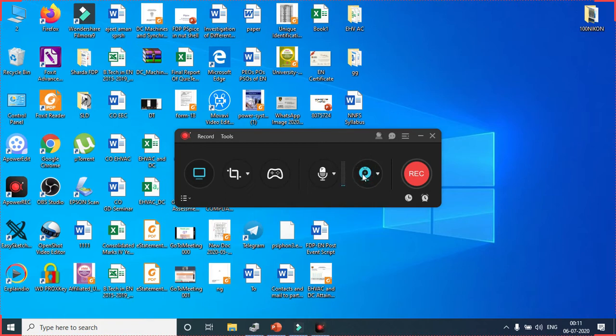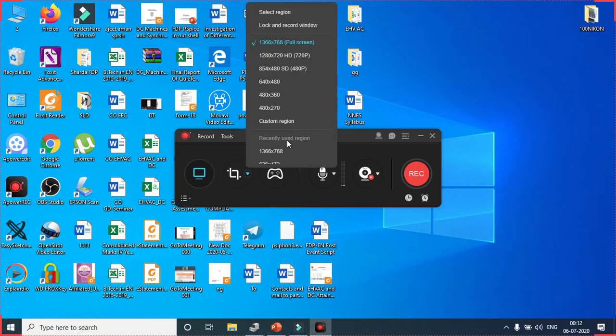Then after that, this one is for the game mode. If you want recording in game mode, then you will click on this. Then this feature is about the selection of region. If you want to select a particular region, then you will click on this, whether you want recording of full screen or in this resolution, 1280 by 720, HD quality in 720p, or any other.